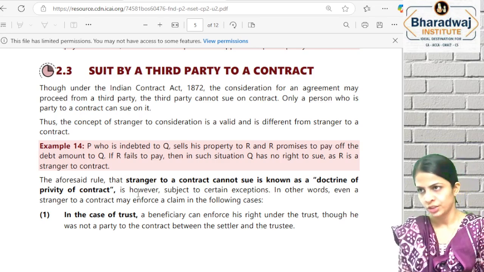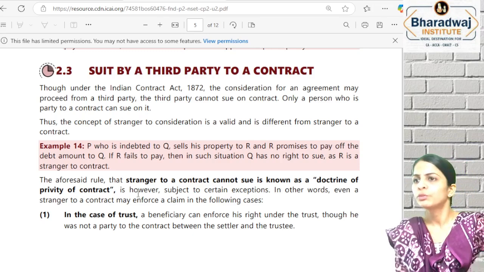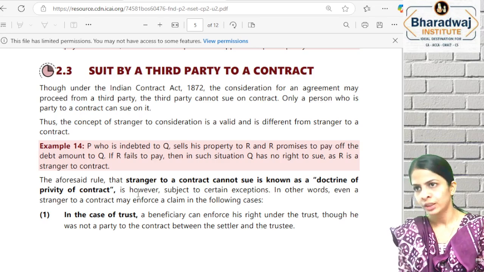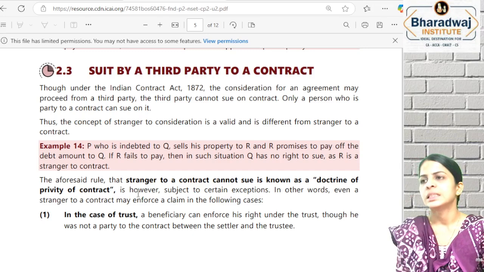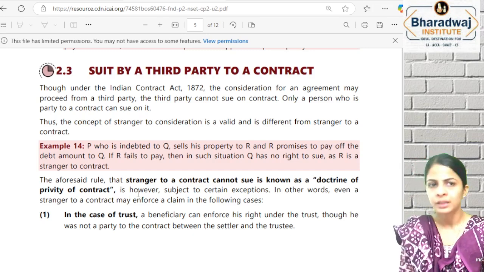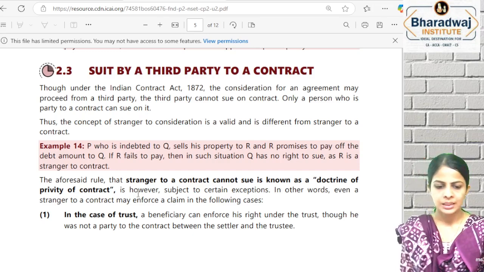These are the beneficiaries. If the trustees of the school do not fulfill any term which they have informed to the parents, can the parents and the students file a case against the trustees? Yes. The beneficiary is a third party. He can file the case against the trustees. Clear? Second one,